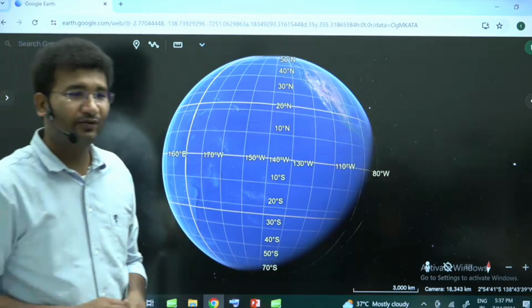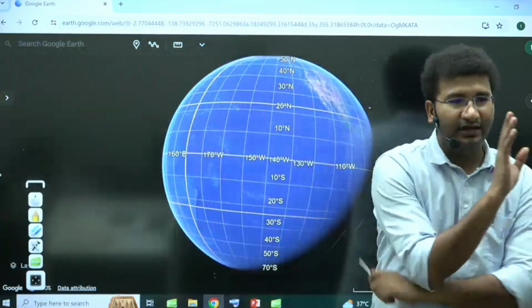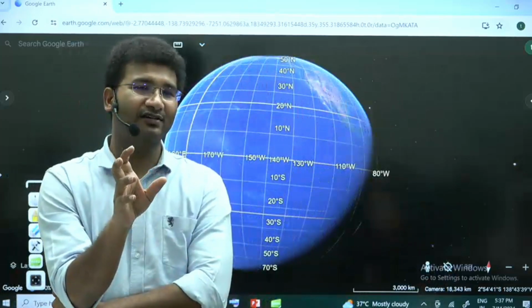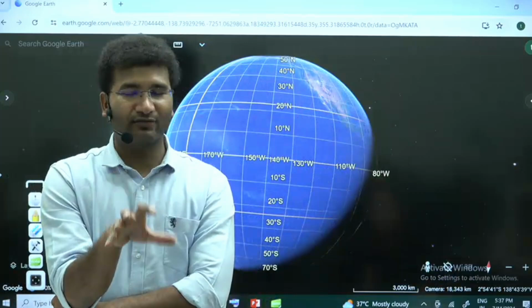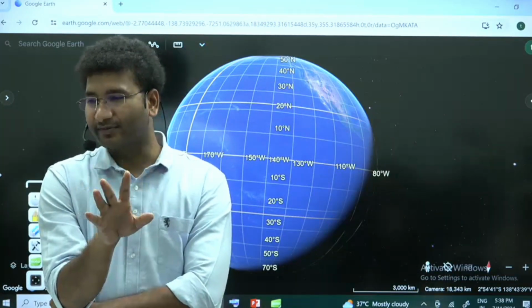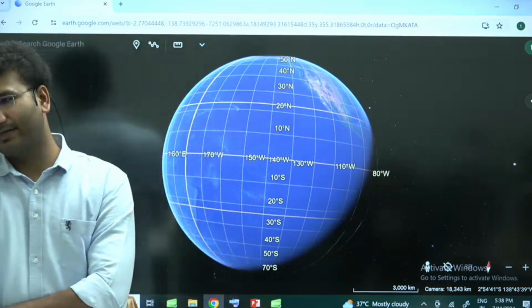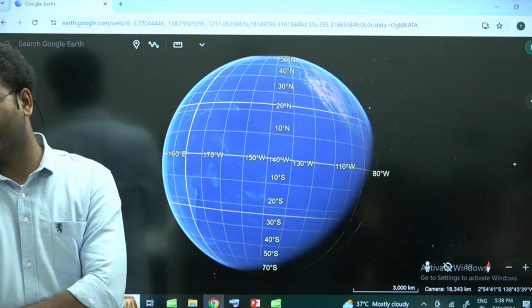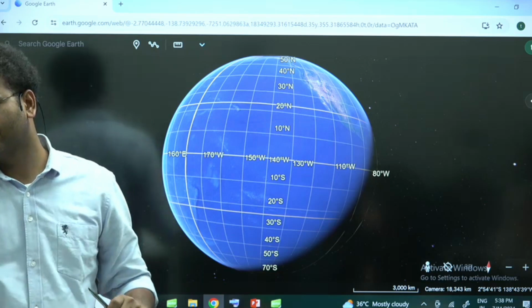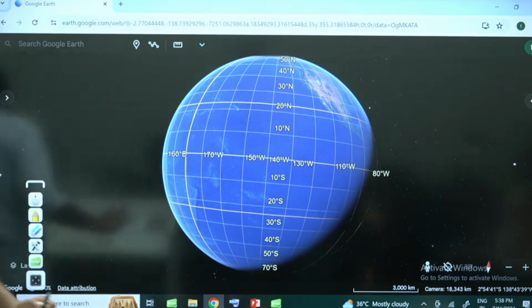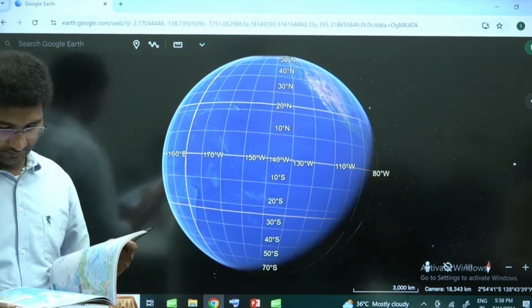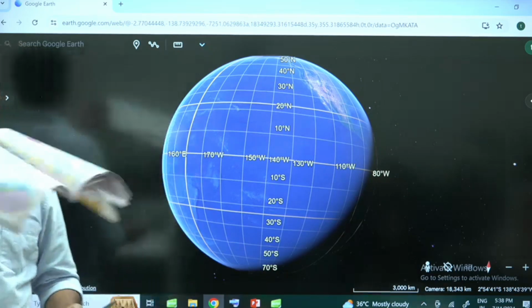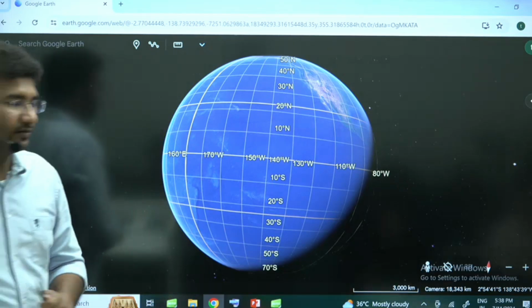There are few areas where you will find exceptions. Those exceptions I'll tell you. And before we go any further, I know as soon as you look into the atlas, you will find a lot of questions. Okay? Don't worry. I think that's not the page. Ocean currents is written there. See here.